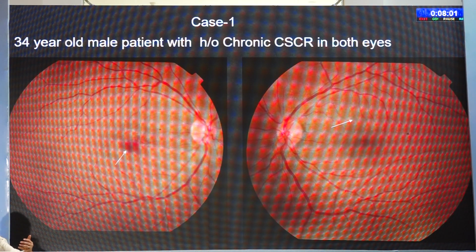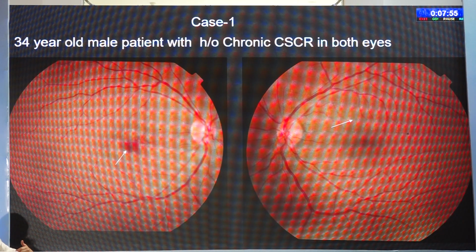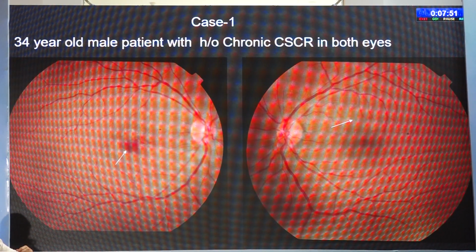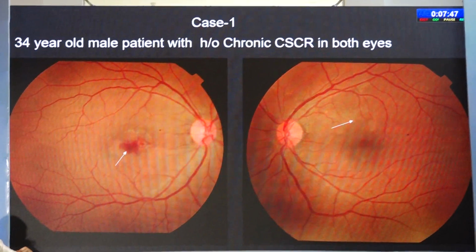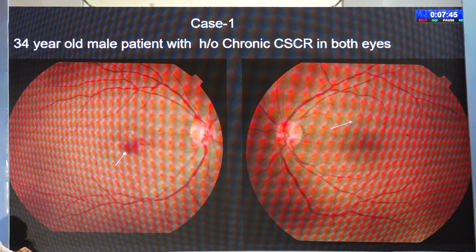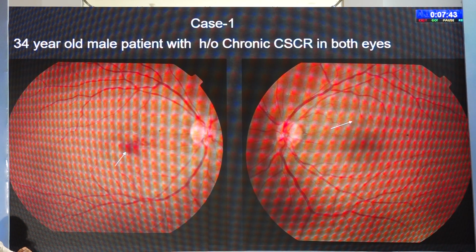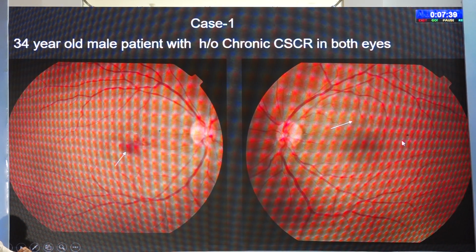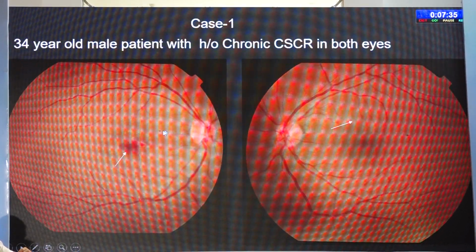Now let's see some other cases which also present with a pocket of fluid but are not CSCR. This is a 34-year-old male patient with a history of chronic CSCR in both eyes, being followed up by the ophthalmologist. But now he presents with a drop of vision in the right eye. What you notice is that these are all RPE changes which are very classically visible in a patient of chronic CSCR. But now he's presenting with